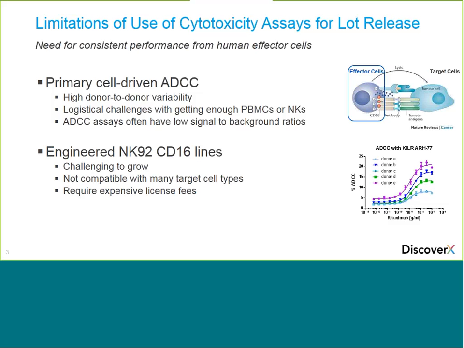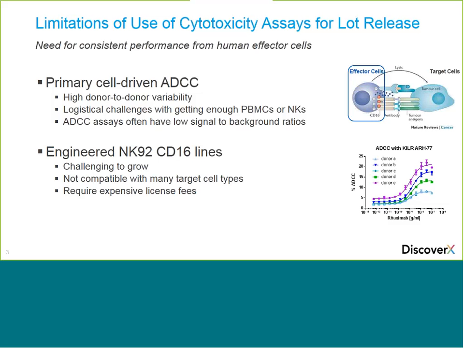Now, many groups have gotten around using primary cells by utilizing engineered NK92 cell lines that are overexpressing the CD16 receptor. And this reflects what is normally expressed on NK cells in vivo, but just with a higher expression level and a high affinity variant for the Fc portion of the antibody. But the challenges in working with these